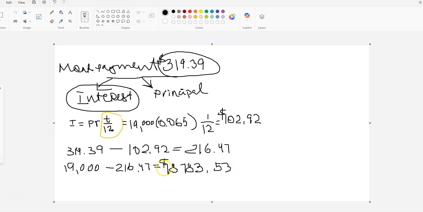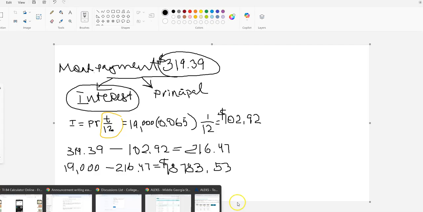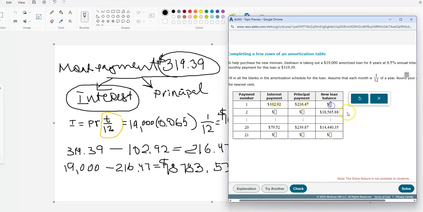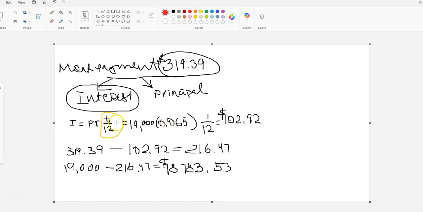Let's copy this number. This is the new balance. Instead of 19,000, you have this amount, which is a little bit smaller. That means that the interest will be smaller. So the second time when you calculate the interest for the second payment, you will use the balance, not 19,000, but